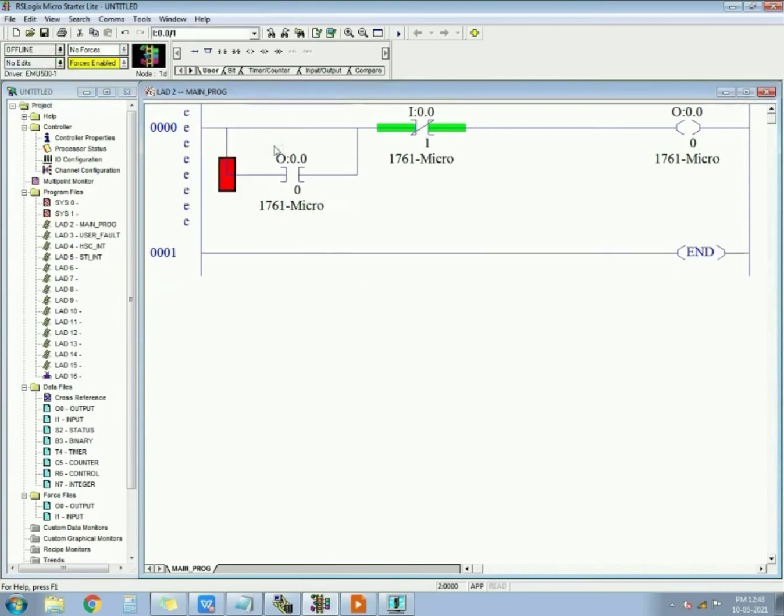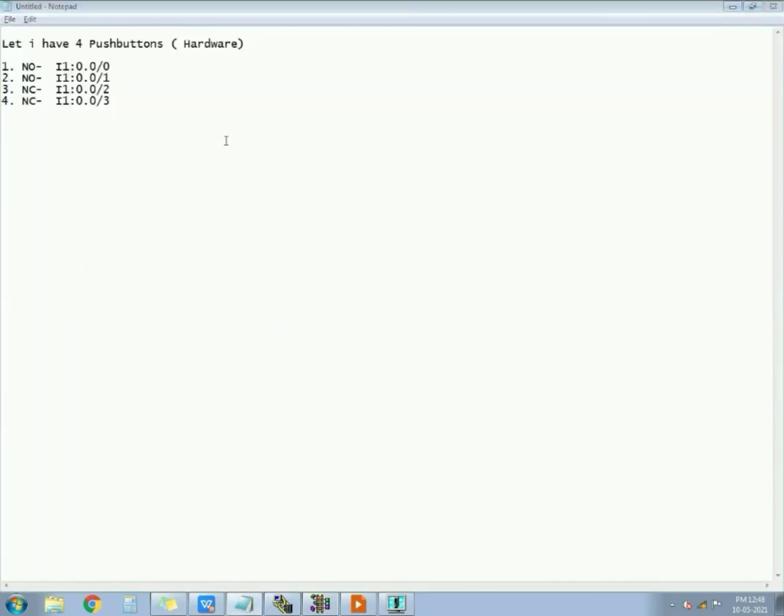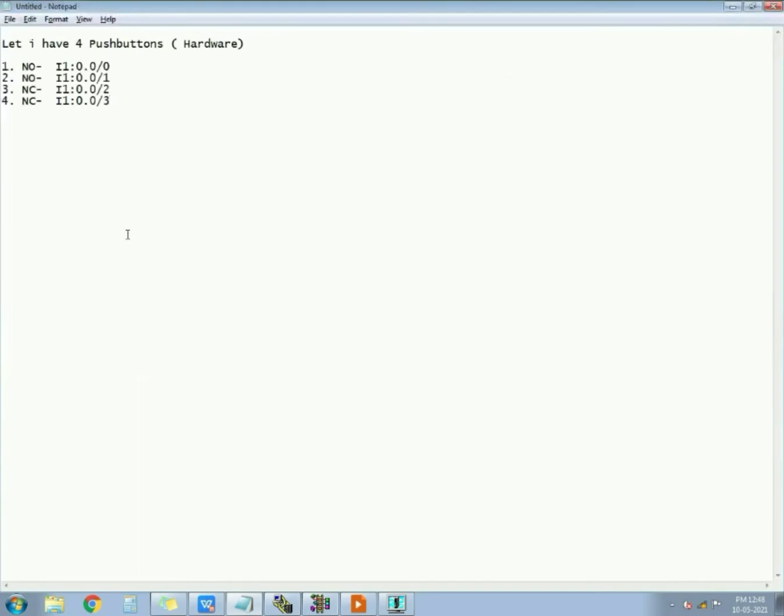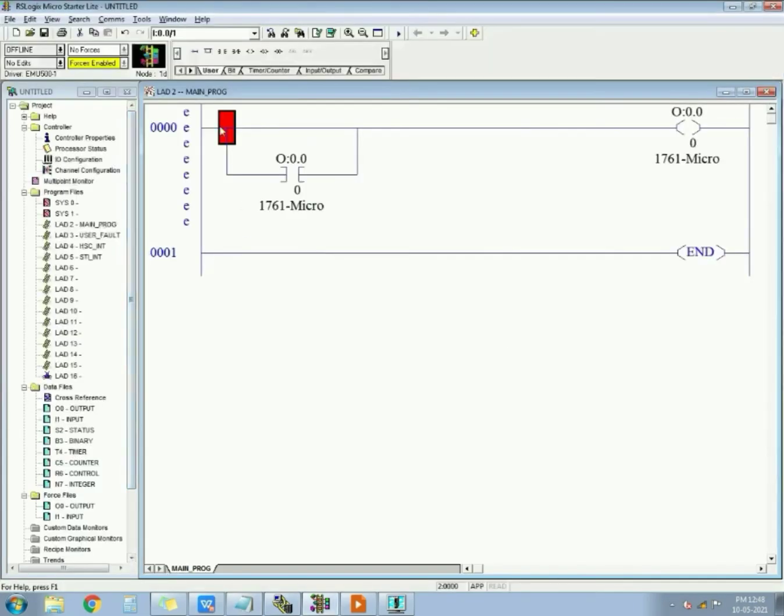The output will remain the same, because when I have to latch the output, the output will remain the same. I am putting here according to this table. In the table, in start I have to put NO, and in stop I have to put NC.